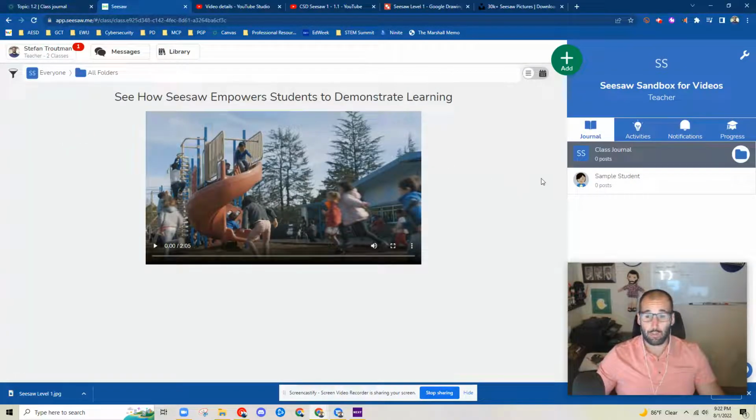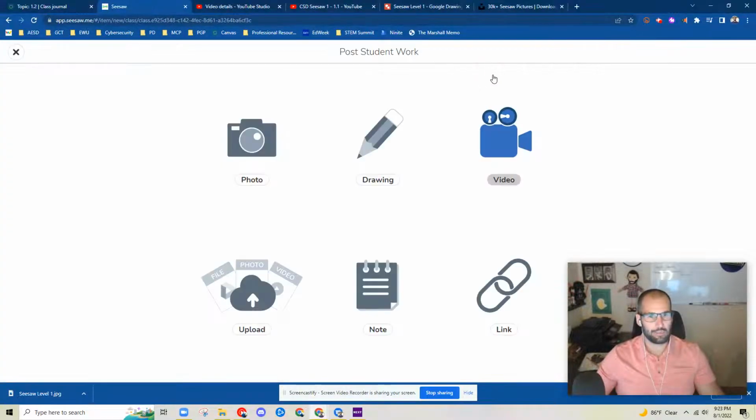If I want to add to a journal, I'm going to come here to the top right with this big green add button. I've got a couple of actions here or options. We're going to talk about activities later. Forget about it for now. I'm going to go to post student work, and I've got all of these different options. So this is going to be worth your time just to play around with,